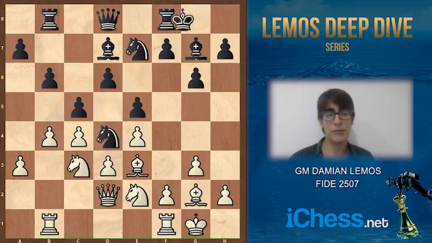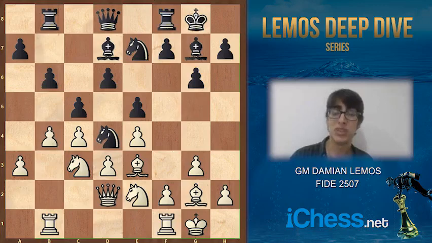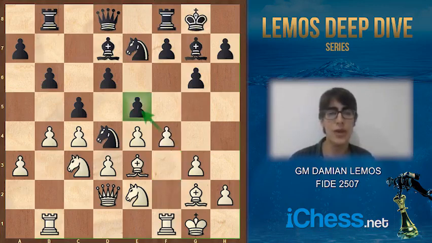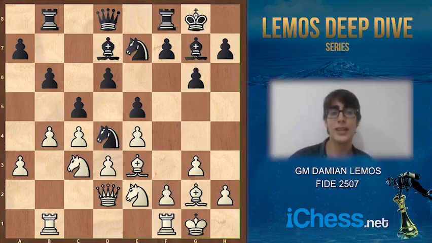So, we have to understand that in this line, that knight on d4 is not that powerful. It looks great, sure, but it's not doing much. And again, if we start playing moves like this, one day we can try eliminating the basis of knight d4, and then this knight on d4 is going to be weak. So, in this position, after black castles, here we see a deep move by white,